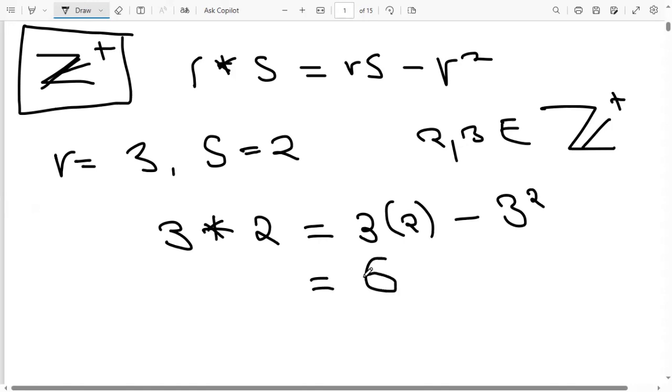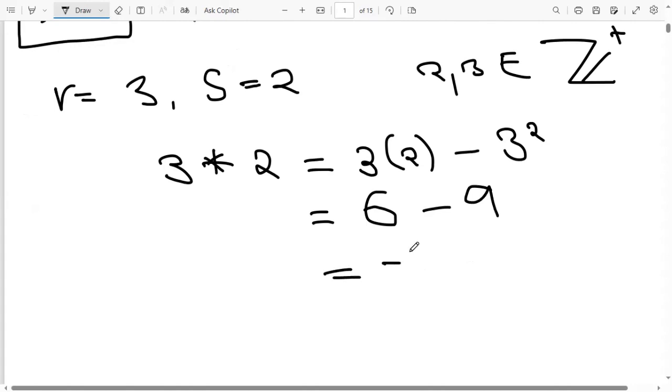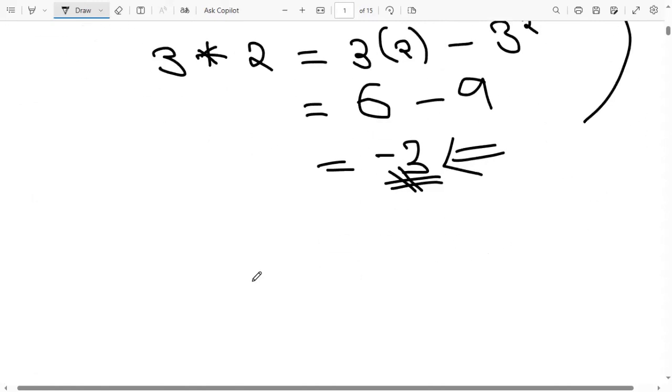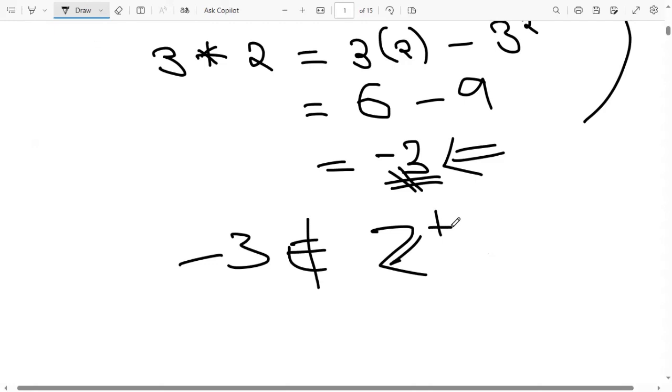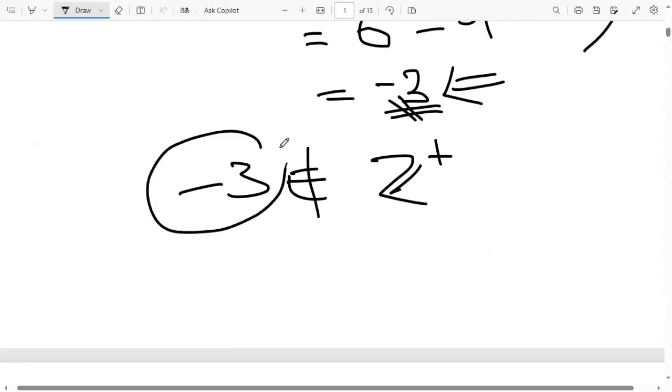So here you get 6, and then minus 9. Okay, so we see that the answer that I'll get here is minus 3. Then you ask yourself, is this minus 3 part of this set of positive integers? We see that minus 3 will not be a member of the positive integers here. So since after applying the binary operation, the answer that I'm getting is not in this set, then we conclude that our star here is not